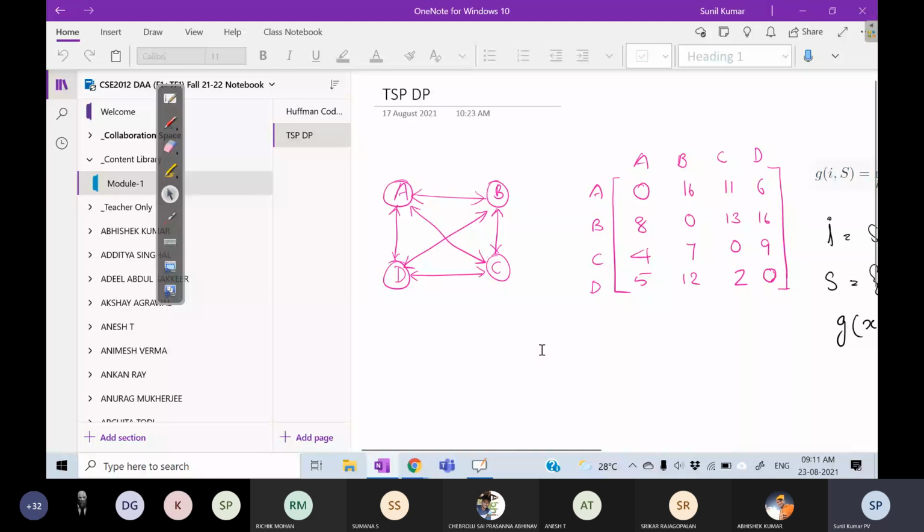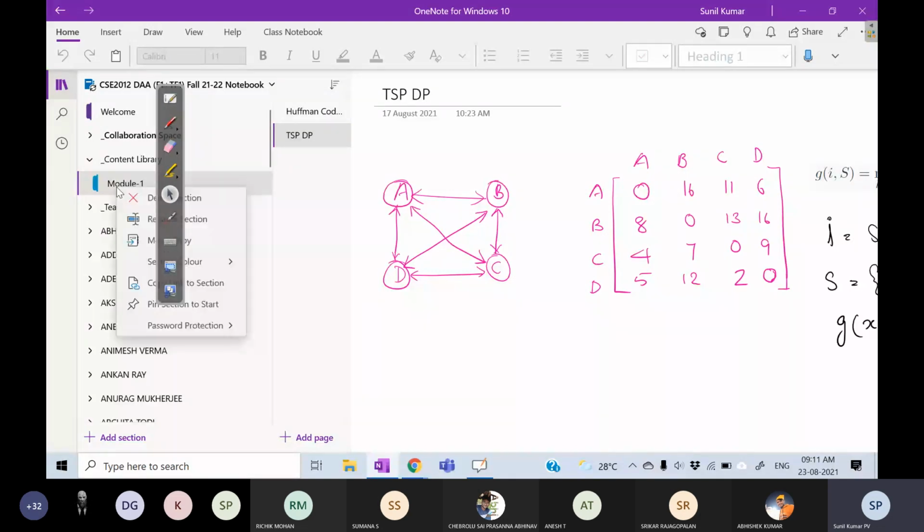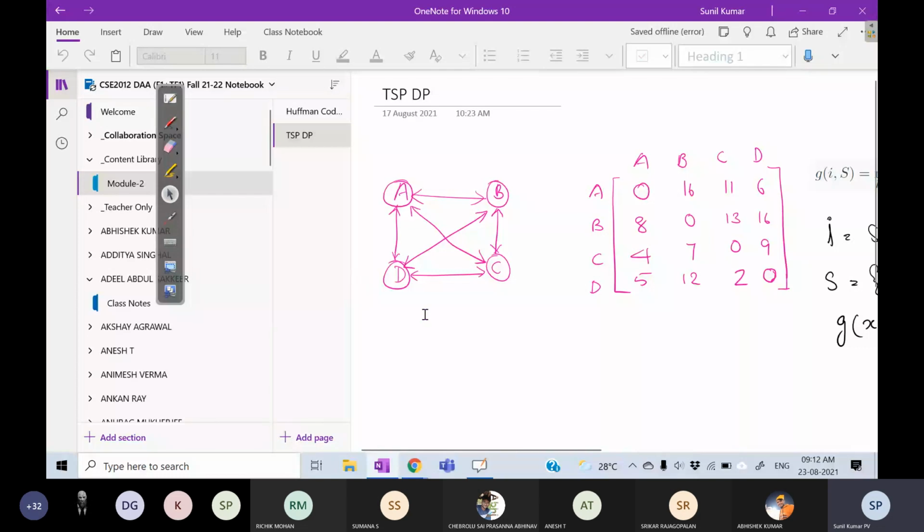This is module 2, in fact. On that day also there was some debate on that. Delete, rename. I'll rename this right now so that the confusion will be gone. So that has been renamed as module 2, because in module 1 there is nothing to portray on this board. Here we have many things, because for many algorithms we need this board and chalk kind of setup; PowerPoint slides will not do.